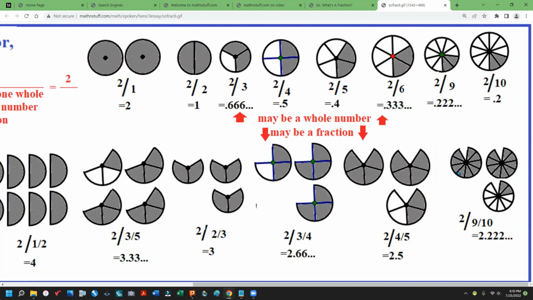1, 2, 3, 4, 5, 6, 7, 8, 9, 10, 11, 12, 13, 14, 15, 16, 17, 18, 19, 20. So 2 in terms of 9/10 will turn out to be 2 full ones and 2 out of the 9. If we use